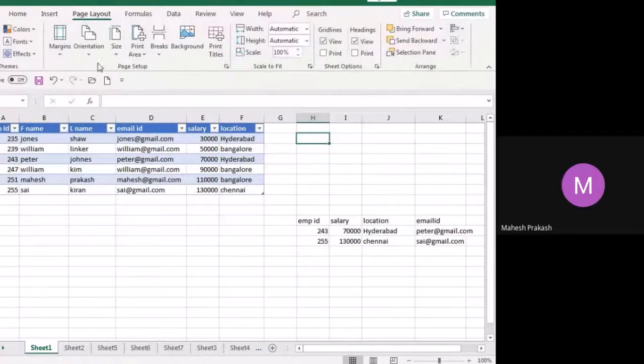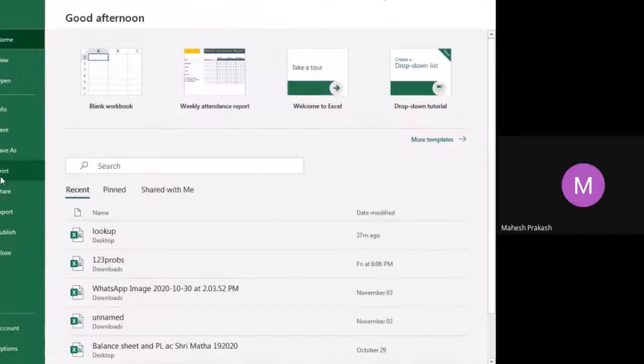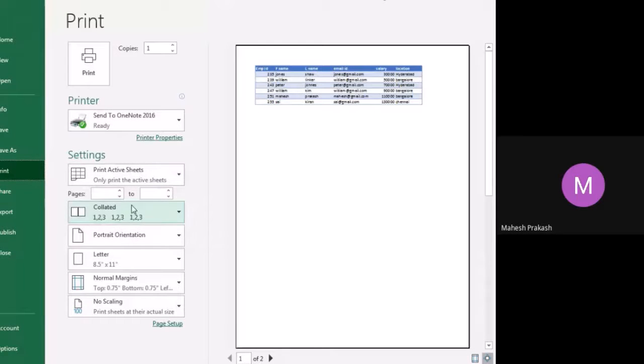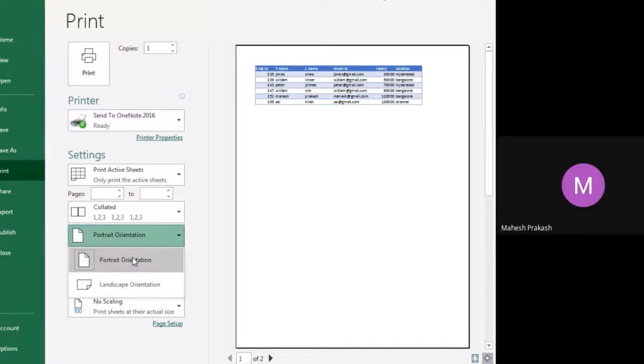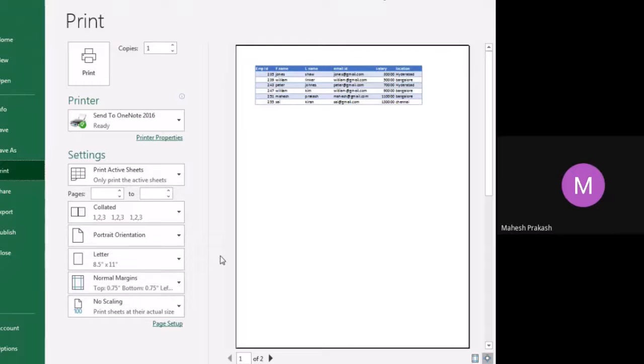This page layout is mainly for print purpose. All these things will be available in print as well. Portrait means it will be in A4 size format, and landscape means it will be in picture format, how we click a picture.